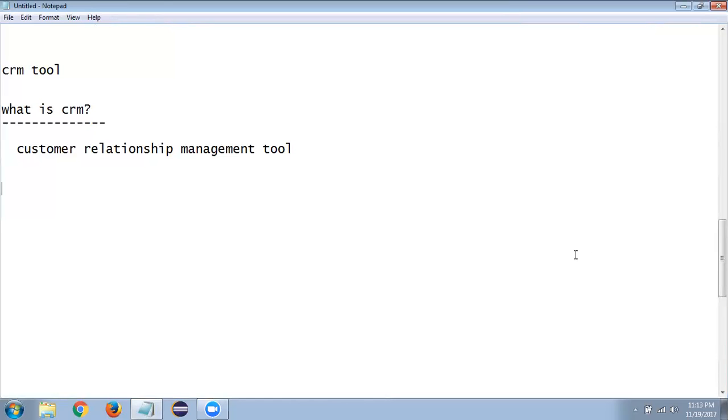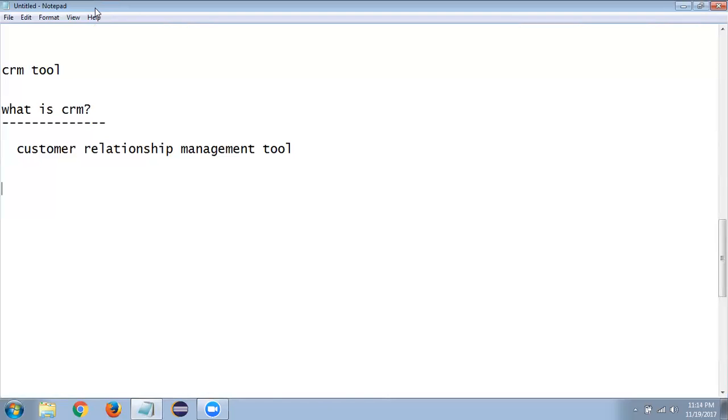If you want to sell one product to customers who are trying to purchase that product, as end users they may buy or they may not. But using this customer relationship management tool, we capture the information about customers, what the status of that particular product is, and whether it is going to be purchased by the customer. We hold that kind of information using this CRM tool.